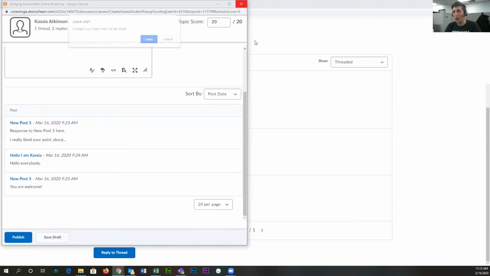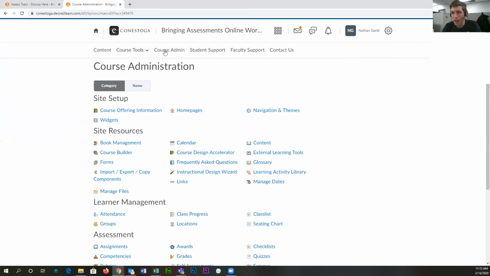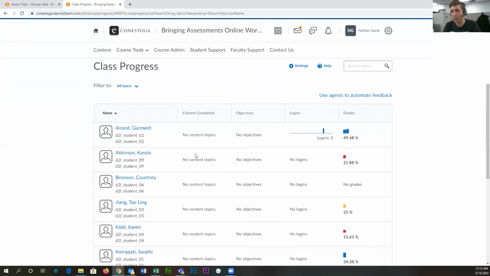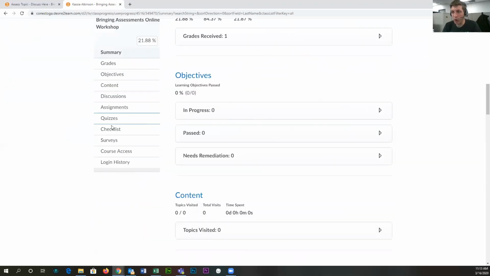The other way that you can do that is by going under the course admin option. So if you go to course admin and then you go to class progress. In particular, if I go in and say, all right, Cassia, click on Cassia, then you can go tool by tool and see a summary of their activity. So I would go into content to see if they viewed a page. In this case though, I would go to discussions